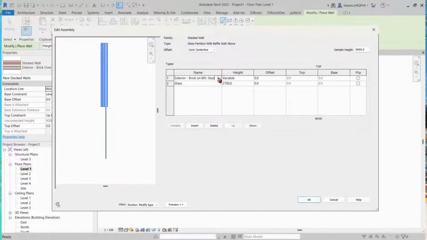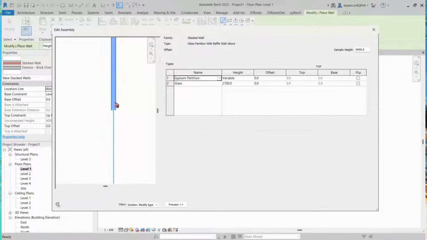Then I will set the baffle wall or the gypsum partition at variable height. So again, the glass wall will be fixed at 2.7 meters. I'll click OK,